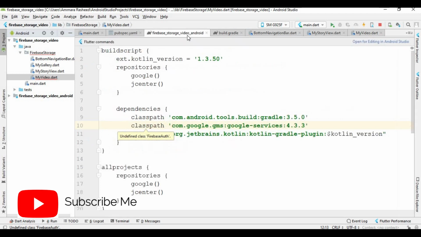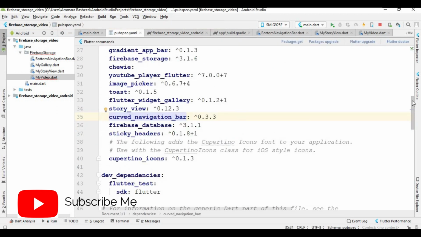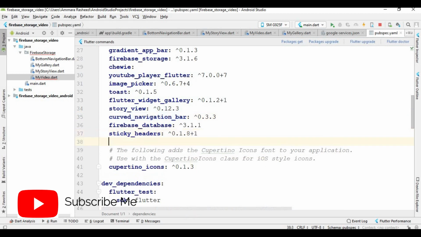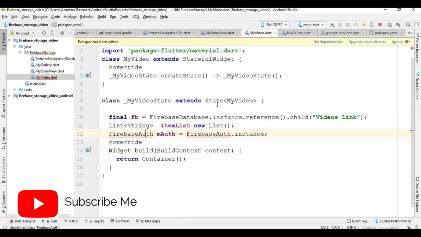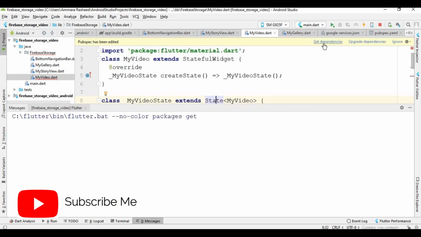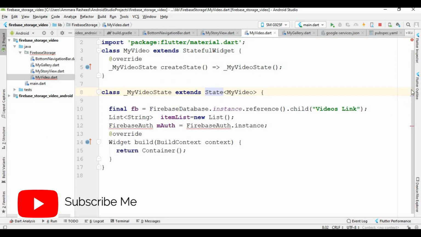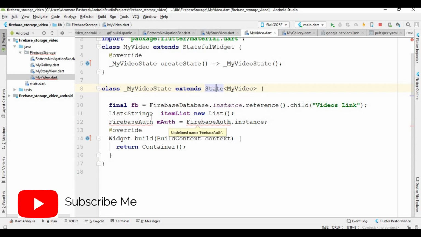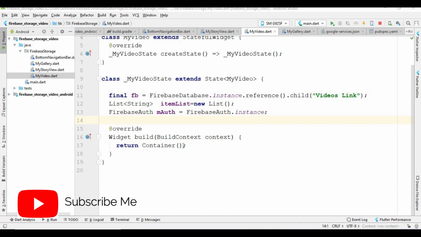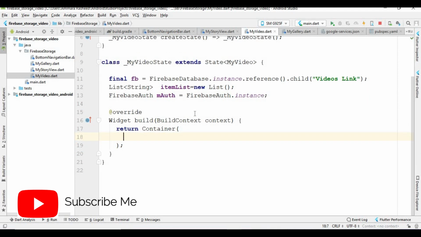So for Firebase auth, I did not add any library. So open this and add this library. And then open the file which is my video. Click on get dependencies. And the library is imported. Okay, so now first I press Alt Enter, and now I create this container, and inside this container